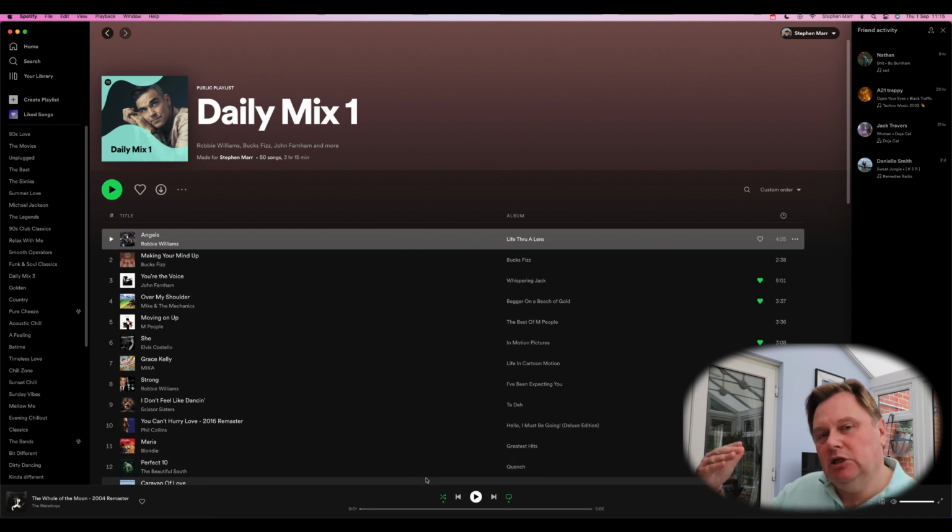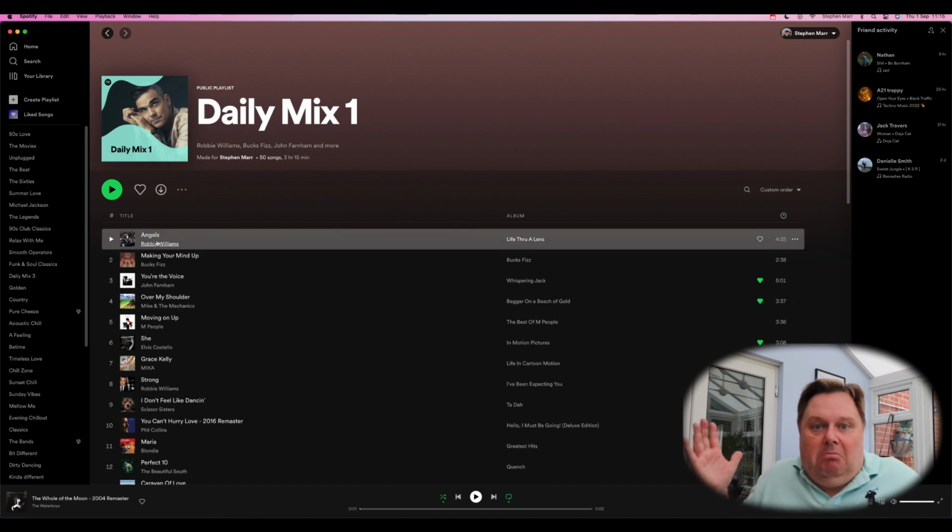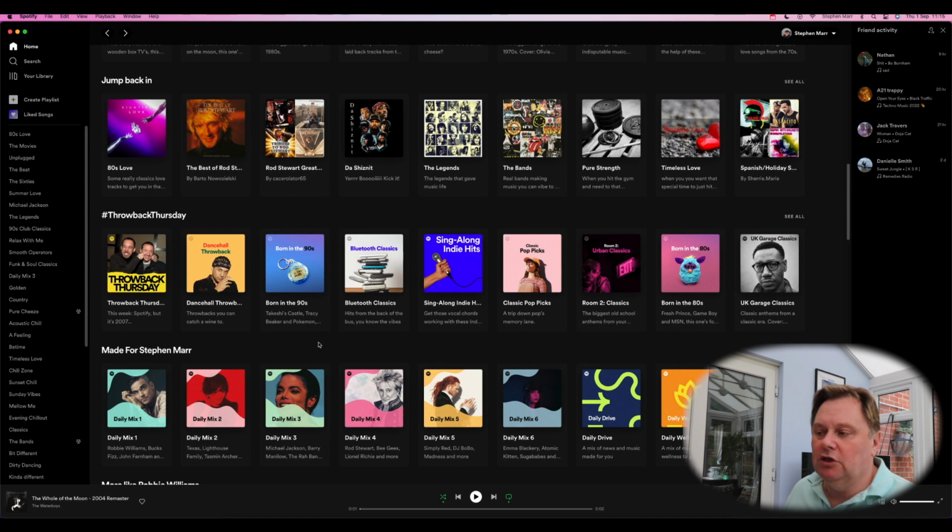It doesn't say that it's going to let Spotify know that I don't like that song. So I don't know. Hit me up in the comments if that does something. Even though I've removed that from my playlist, it's still showing there. But I did find that the navigation and the interface of this is